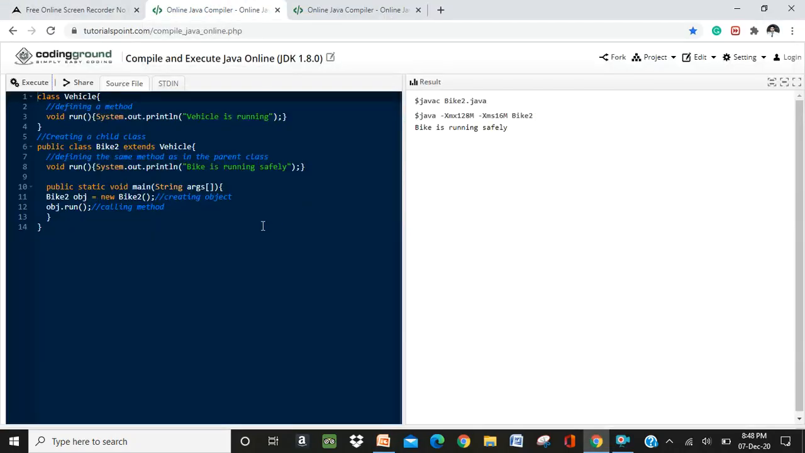Okay, so just a small example regarding overriding. You can see first I'm going to define a class called Vehicle. Here I have defined one method, that is run. It is going to print "Vehicle is running". Secondly, I have defined one child class which is extending the characteristics of the superclass. Once again, the child class contains one method, that is run, and it is going to print "Bike is